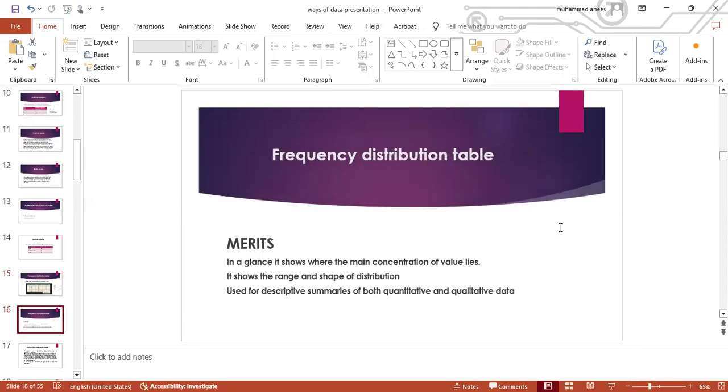What are the merits of a frequency distribution table? At a glance, it shows where the main concentration of values lies. So it shows the range and shape of the distribution, and it is also used for descriptive summaries of both quantitative